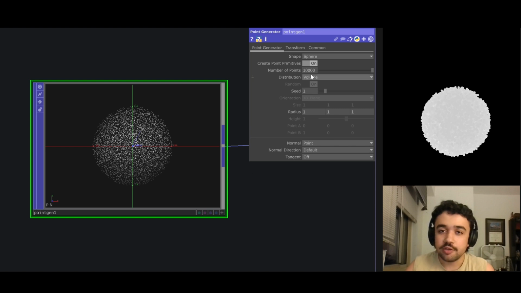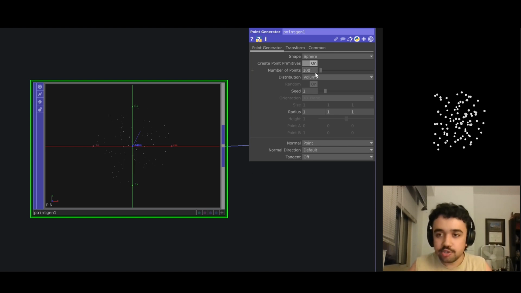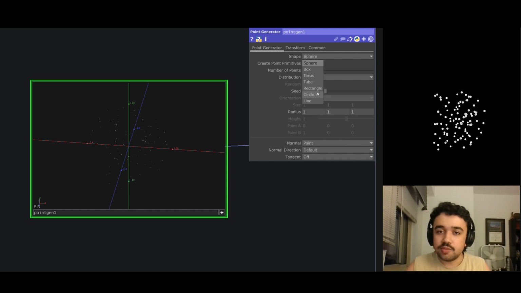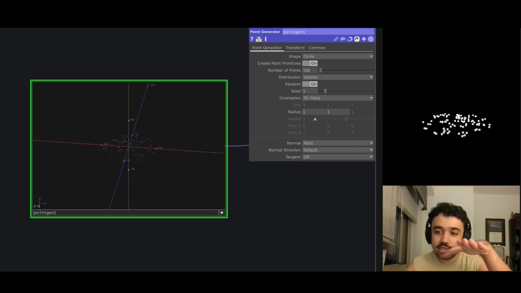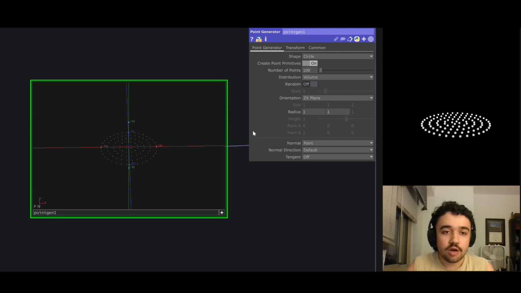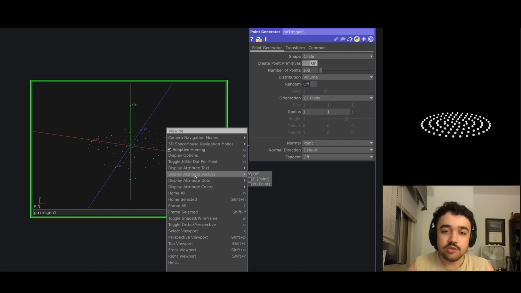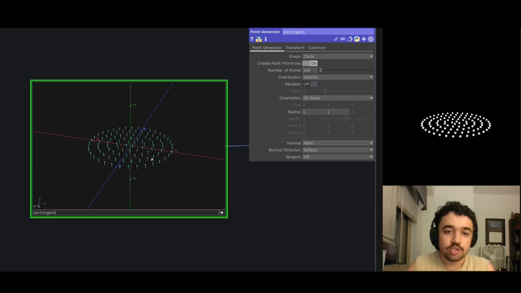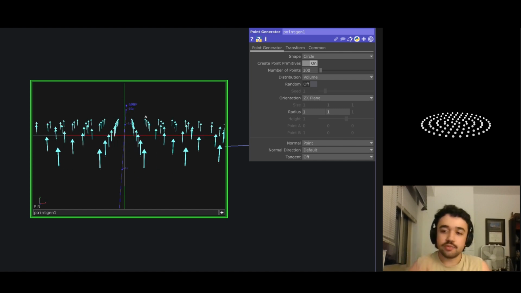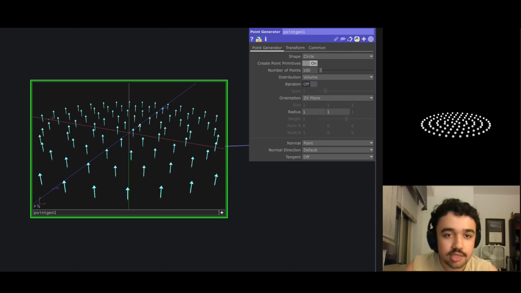I have here a point generator, which is generating 100 points filled within a sphere. And I'm going to change that to be a circle that exists on the ZX plane, so completely flat in my 3D space. And I'm going to turn off random so that I have them evenly distributed, or circularly packed. If I have viewer active on this little crosshairs and I right click, I can use the display attribute vectors to show with little arrows the direction of my normal. Right now, all of these are facing straight up, which is 0 on the X, 1 on the Y,